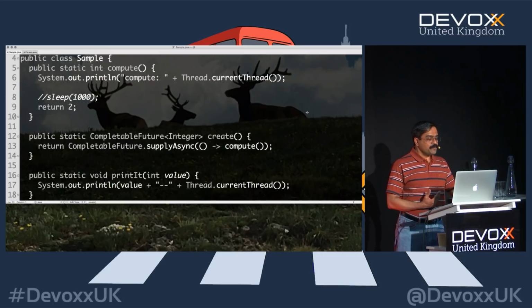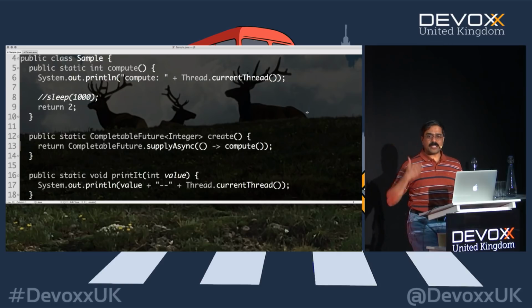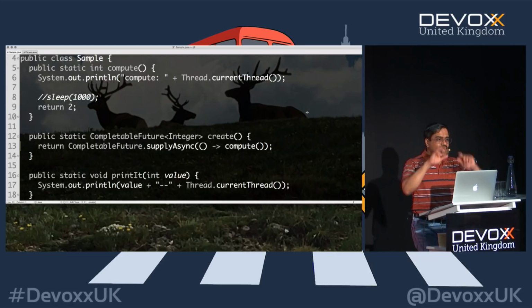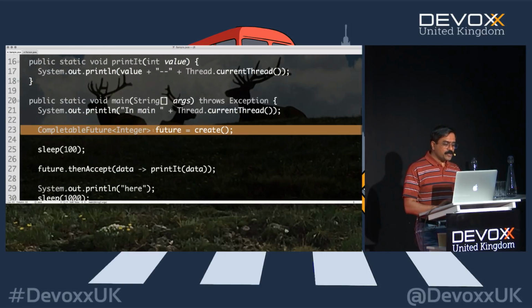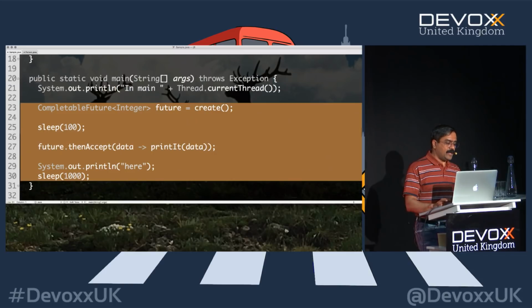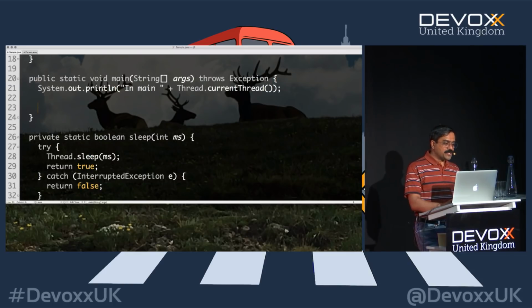So in other words, the one that has a thenAccept returns a CompletableFuture of Void, but that contains information about success or failure, and you can decide what to do with it. And this is one of the reasons why you really have that ability to continue further. So there's a really good reason for why this is a good idea.